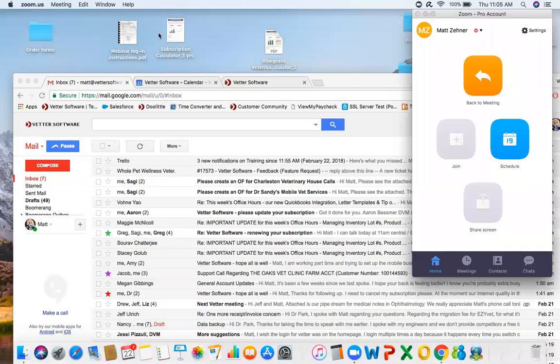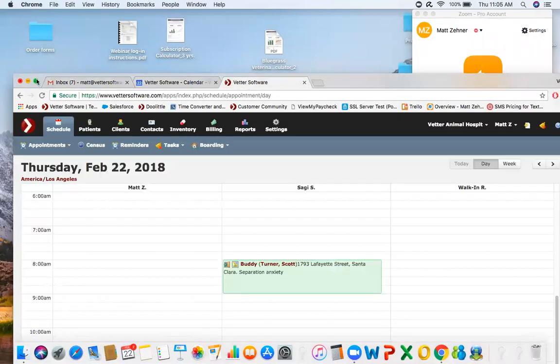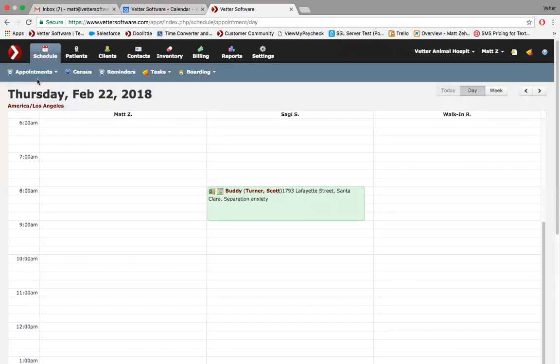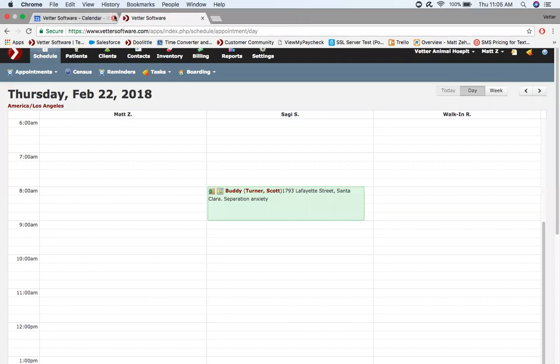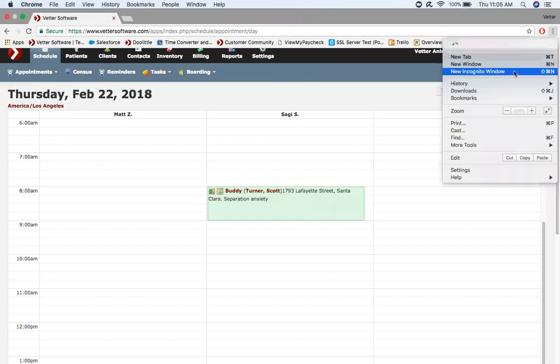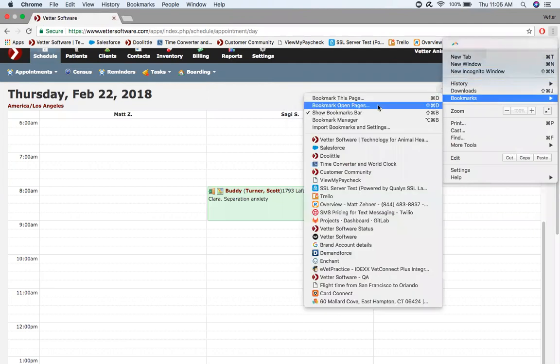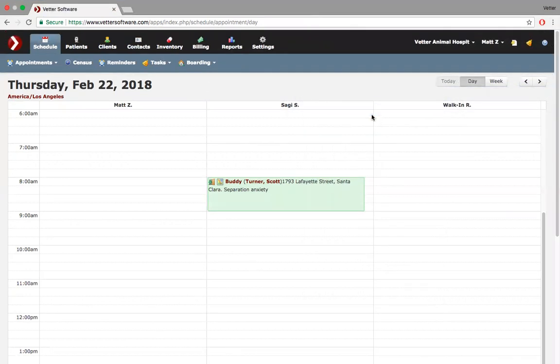So you should now see my Better Software calendar here. And let me go ahead and just get rid of the bookmark bar here for a little bit more room. Perfect. Okay. So before we begin on inventory lot numbers,